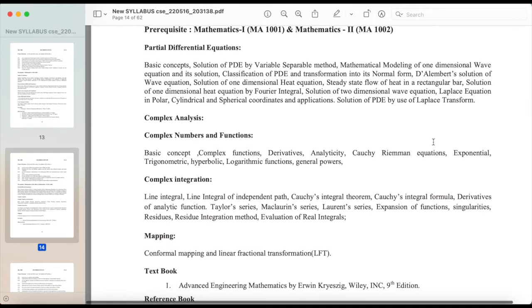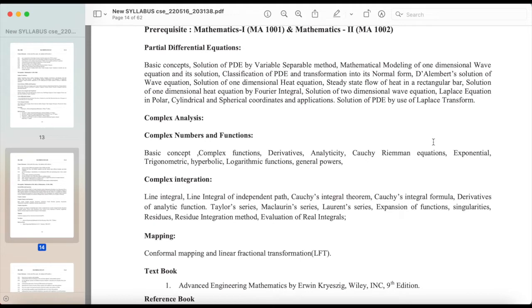Mathematics 3, Partial Differential Equations, Basic Concepts, Solution of PDE by Variable Separable Method, Mathematical Modeling of One-Dimensional Wave Equation and its Solution, Classification of PDE, and transformation into its normal form, D'Alembert solution of wave equation, solution of one-dimensional heat equation, steady-state